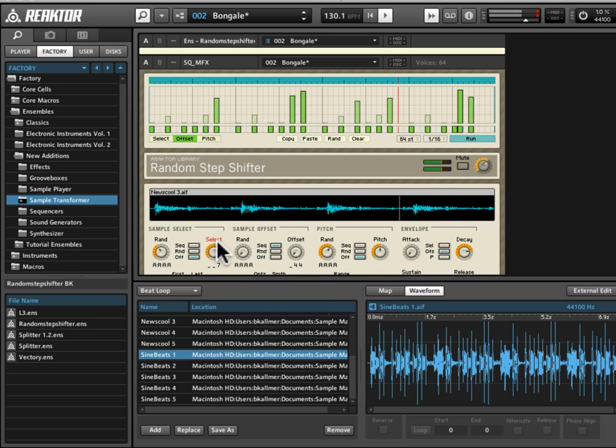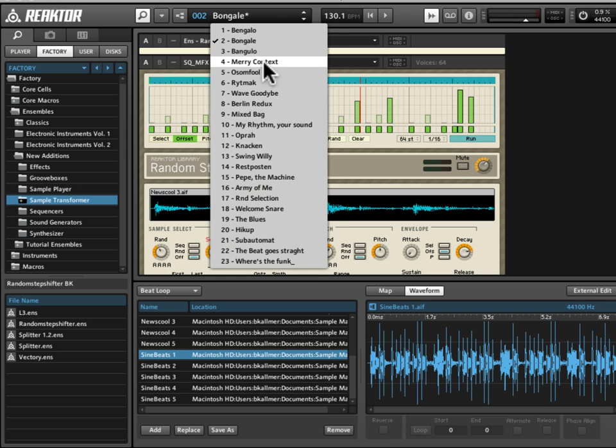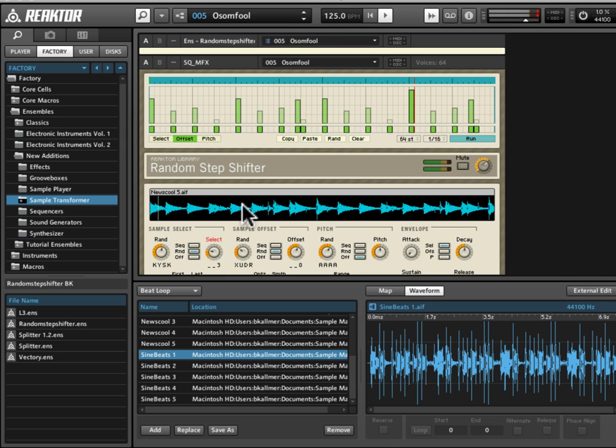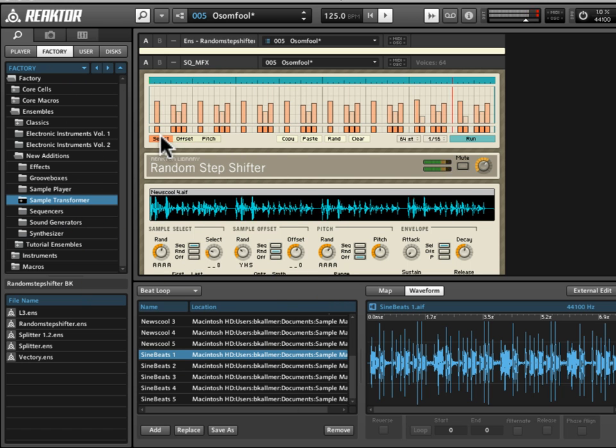Now, what's cool here is that we are just using basically one parameter change, and we are sequencing the sample offset position. But if we have the sample selection section turned to off, we can just move through each of these samples as we wish. Now, we can also get farther out there, and we can randomize the sample selection itself, and then it will choose between these randomly. We could also sequence the sample selection if we have selection data in there,